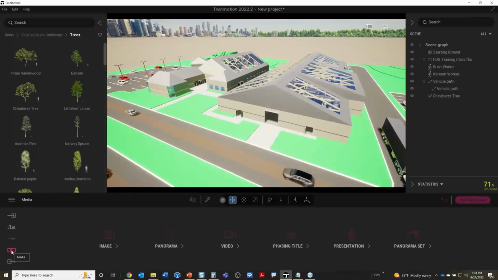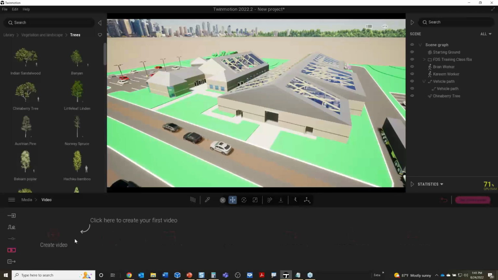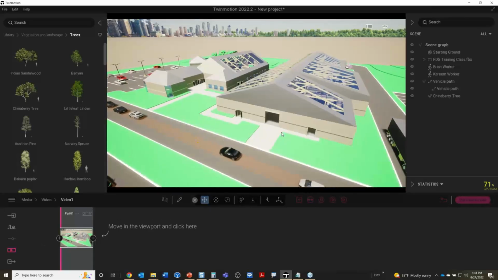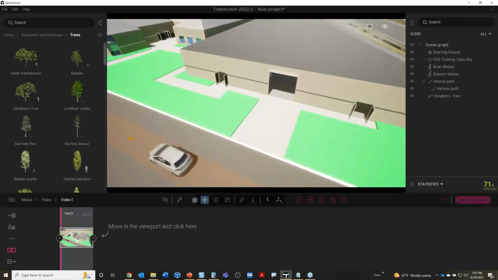But going back to video, right? I want to do a video. So I'm going to do a new video, and we'll start here. This is the opening scene in my video. So let's come down here and we'll establish a